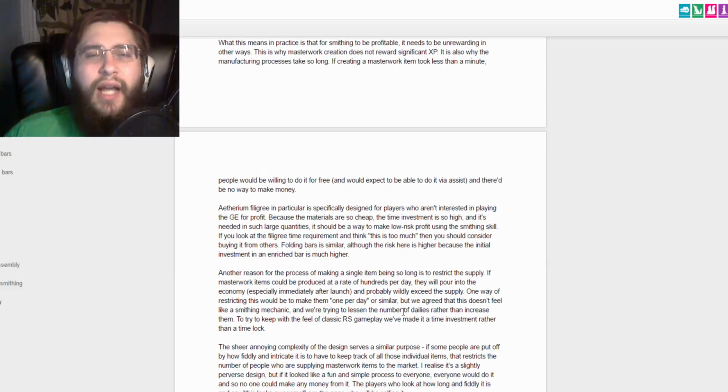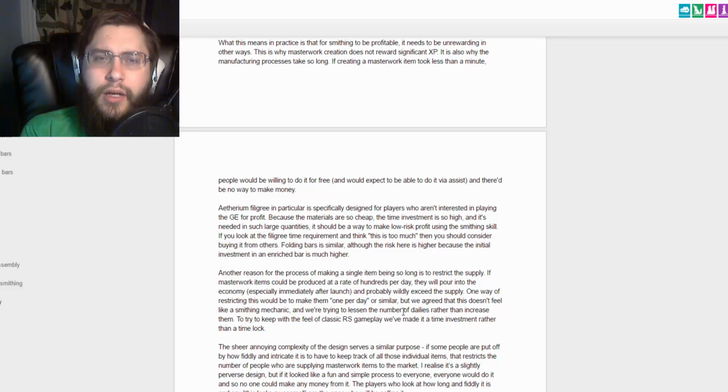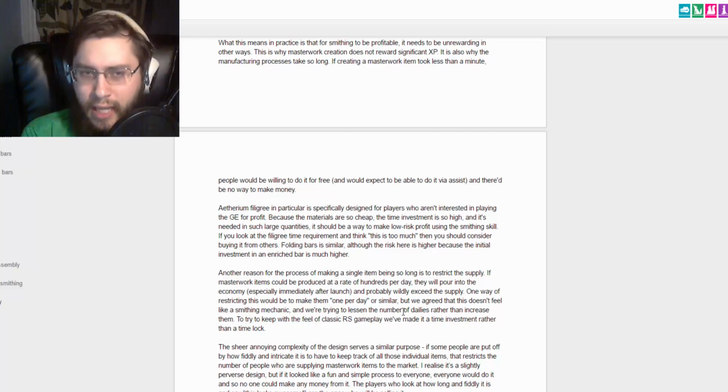Yeah, I agree with the long time it takes for it. Ethereum filigree in particular is specifically designed for players who aren't interested in playing the GE for profit. Because the materials are so cheap, the time investment is so high, and it's needed in such large quantities, it should be a way to make low risk profit using the smithing skill. Okay, I can see that. If you look at the filigree time requirement and think this is too much, then you should consider buying it